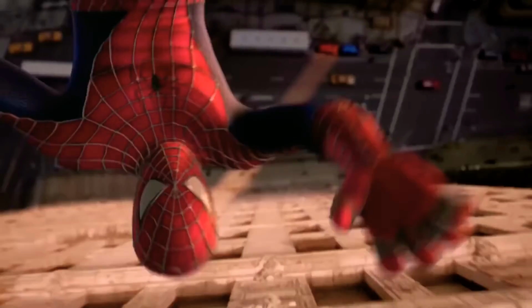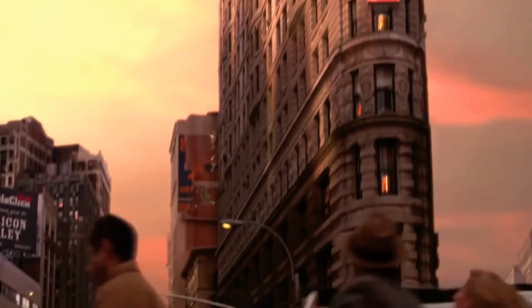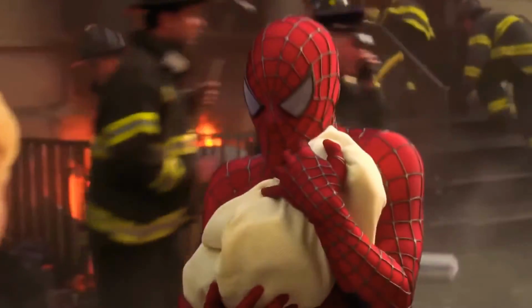This gets right to the heart of the film's dynamic between power and responsibility, because what separates the Goblin and Spider-Man is the choices they make and how they use their power. They both give into it at first, but where Peter reins himself in and uses his powers for good, Norman, well...